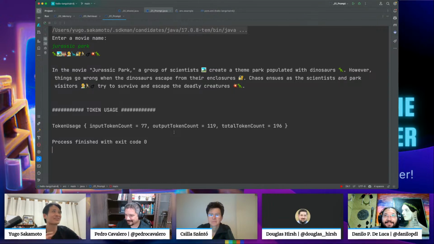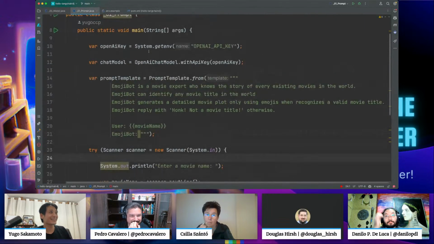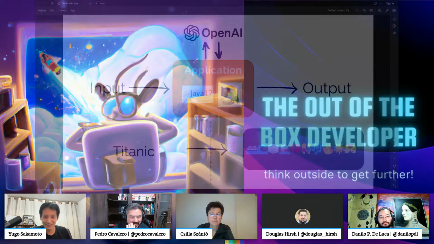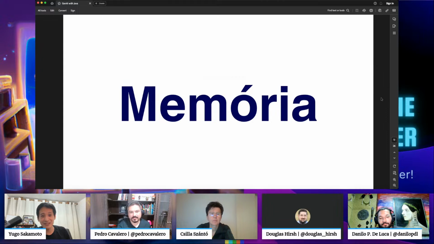Just for an example, this is a way to actually create some prompts, giving some context, some instructions to the models, and it will try to complete considering those instructions that you gave them. And such as this emoji bot that I created here. So okay, good for examples, right? And this is another feature that is good to know and how to use, and then we can move on.